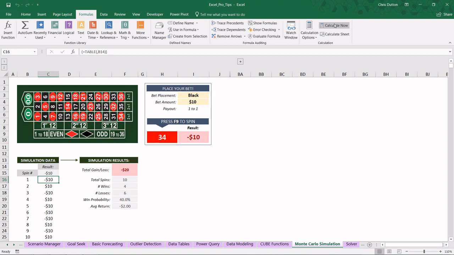So as you can see, there's quite a bit of variability in terms of that win probability. Now, we know the actual stats here. We know the real probabilities. The odds of winning a red or black placement in roulette are equal to 18 winning results out of 38 possible results, which equals